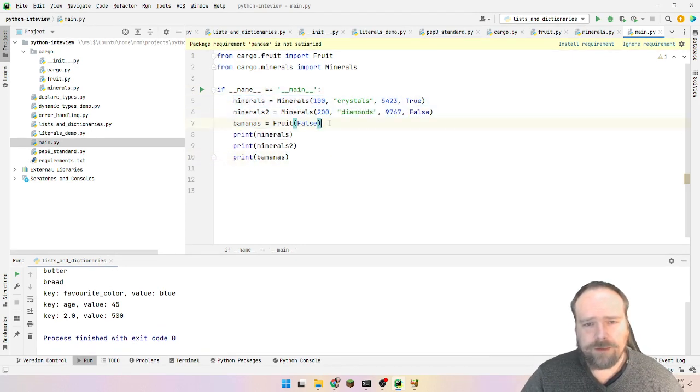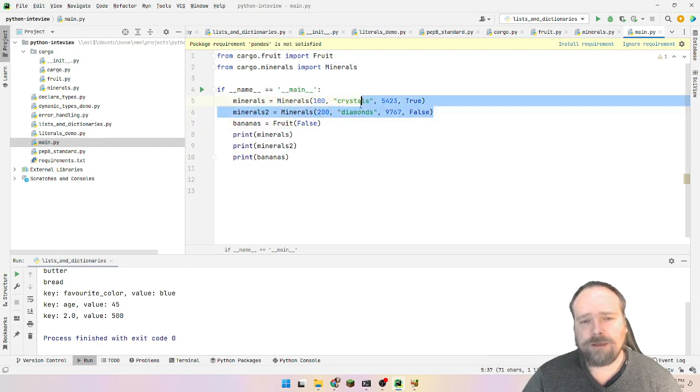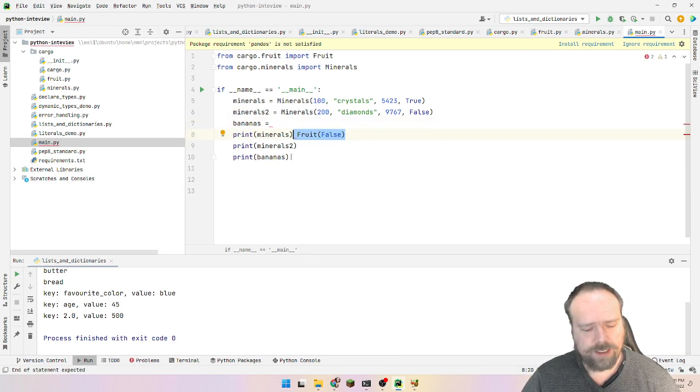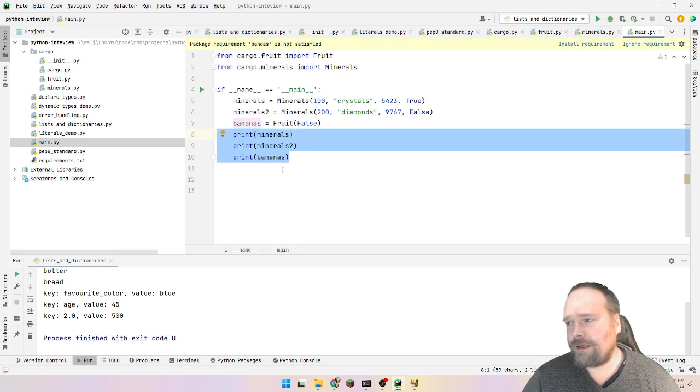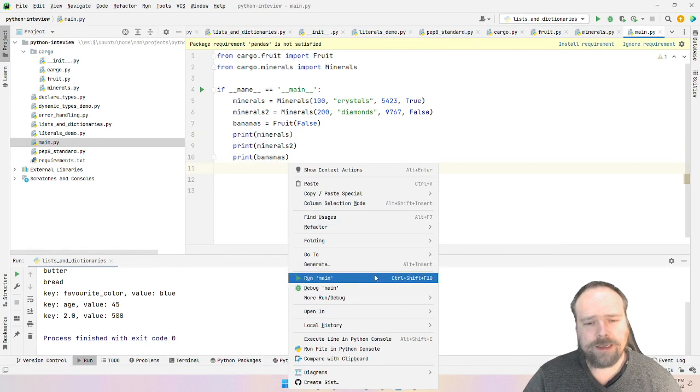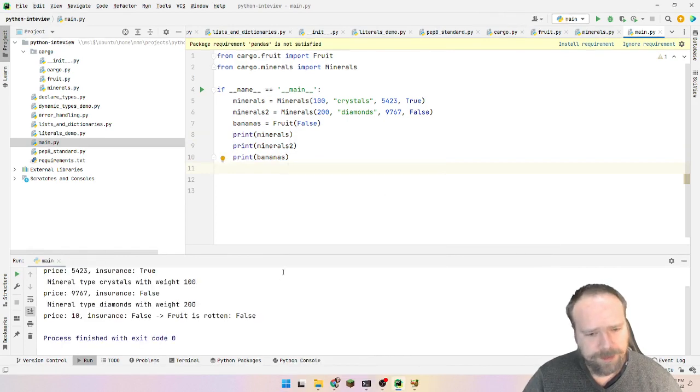Here I'm creating some minerals. This is how you create a new object in Python. You just mention the class there. You don't need the new keyword as you do with Java. Then we have bananas right here, and that is a fruit. And then I just print out the objects like this, and this will actually reach the to string representation, and then it will console out that. I'll right click right here, Control Shift F10,